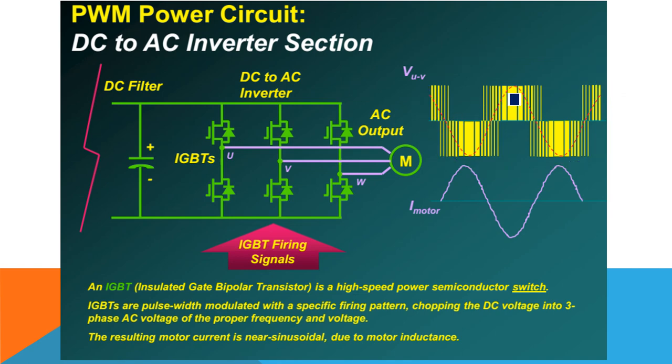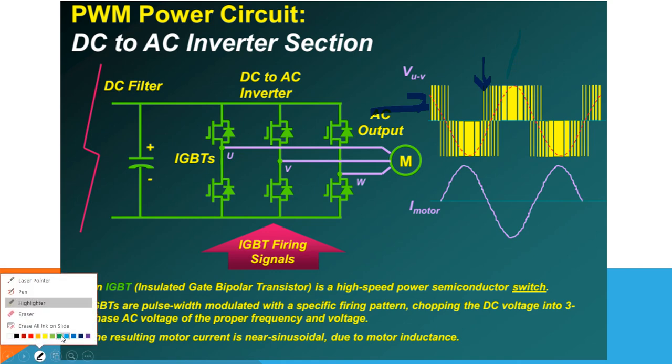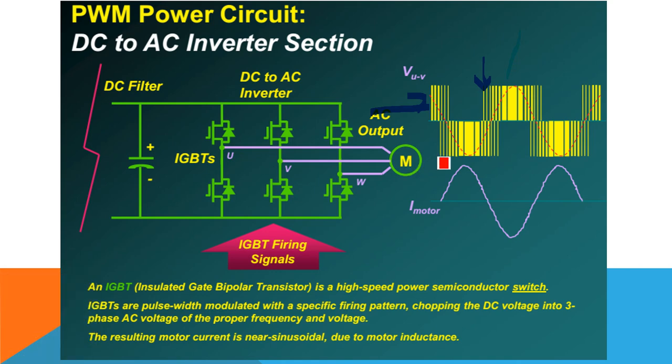In the positive and negative sections, we will be seeing different pulses given with lesser width in the beginning and higher width in the middle part. You will be able to see the middle part is having a very increased width. Here it is a higher width part of switch on, and in both ends, the width of the switch on is very less. And you can see the sine wave will be having some changes in its waveform. It is not a perfect sine wave because of this switching action.